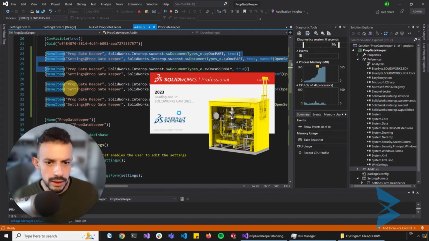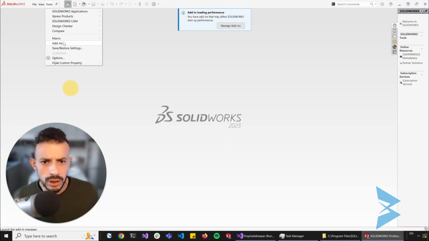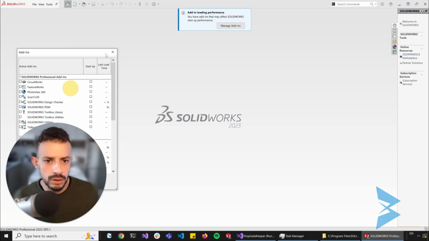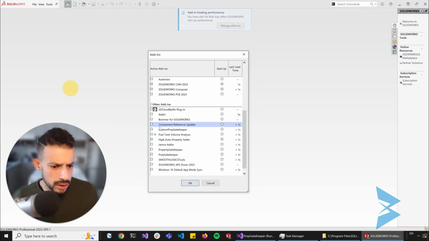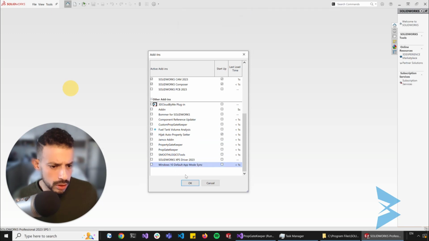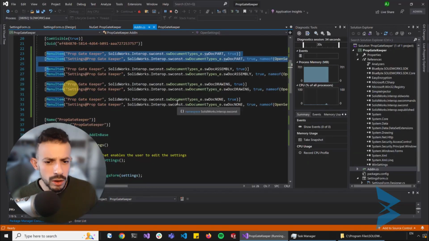And if I go to tools and I go to add-ins and I go and enable my add-in, which is this one here, I go to tools again, I should be able to see prop gatekeeper and I can see the settings. So if I click on this, it does not work because we missed one little